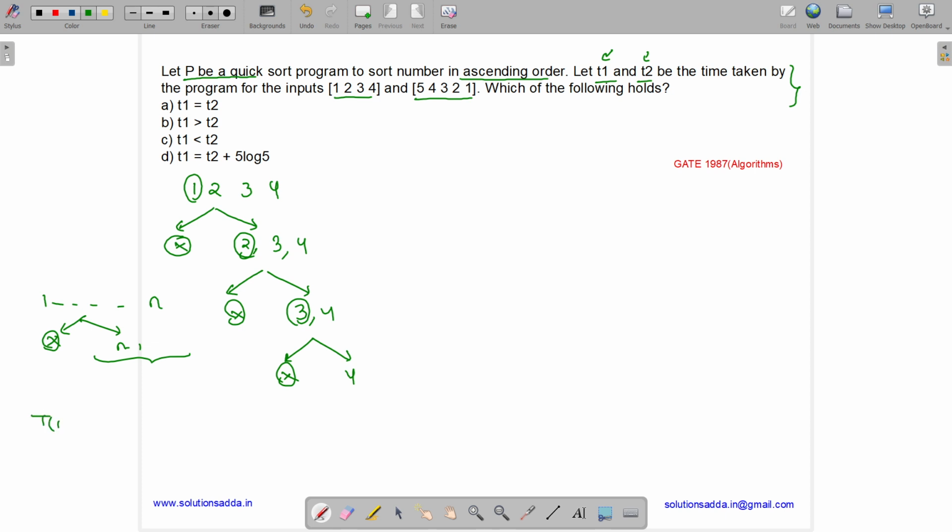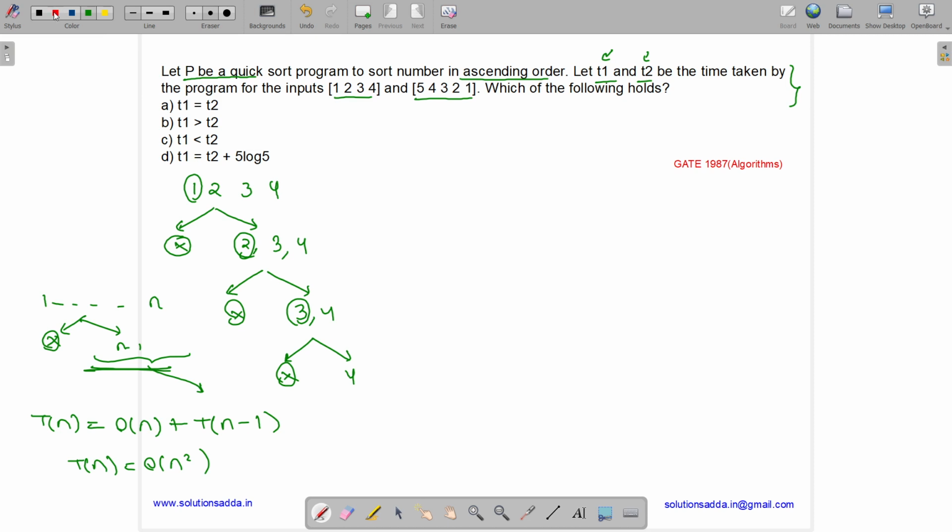If T(n) is the time complexity of the entire quicksort, and we know the partitioning algorithm takes order of n time, as it just makes one scan through the entire array, and the remaining part takes T(n minus 1). After solving this, we get T(n) equals order of n square.